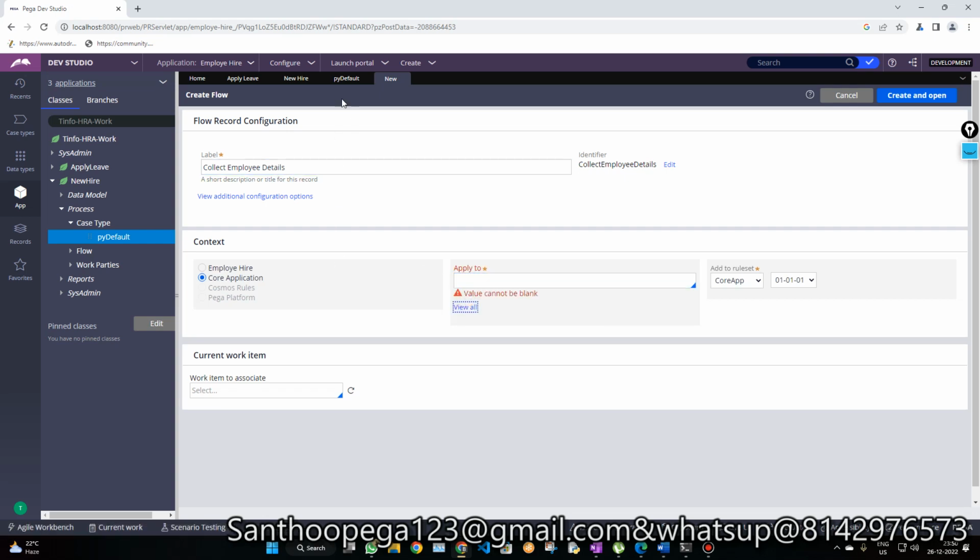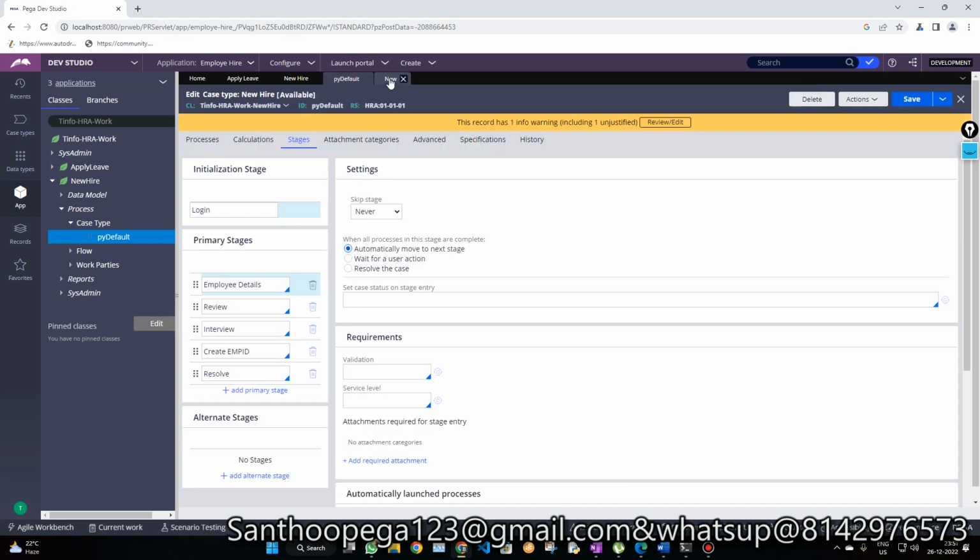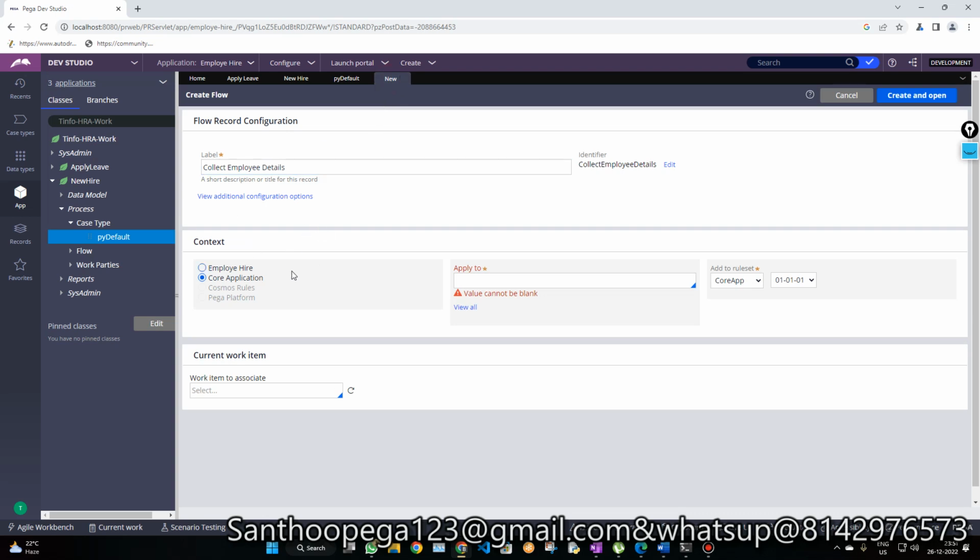So what is this rule actually? This is a rule where I'm going to create a flow chart that I use to handle the logic related to the employee details I want to collect before I process this request. So now while processing this request, I need to collect all the details. So now press down arrow, or you can see